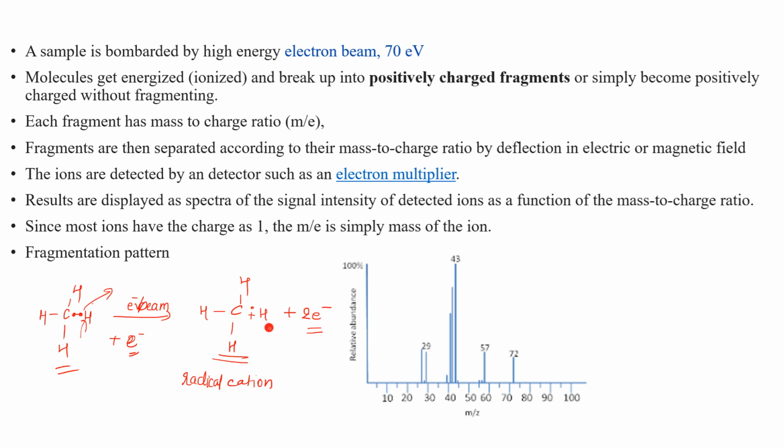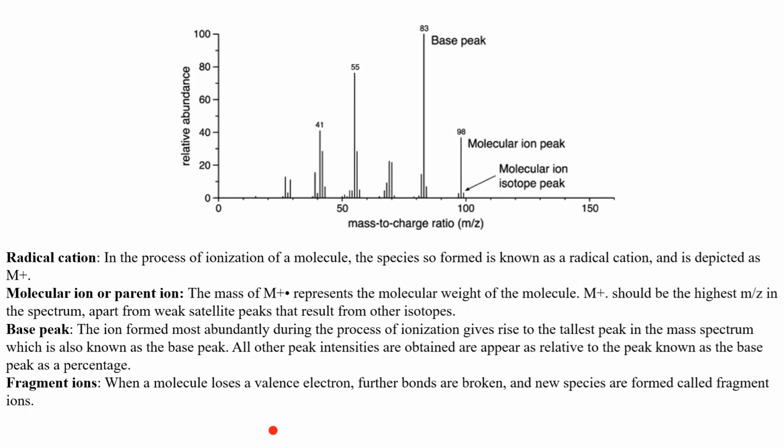If you calculate the mass, both are the same. So you will get the value of the fragment as per the molecular mass of this particular fragment. This is called m/z. So for this, the m/z value or m/e value will be 16, which indicates the molecular weight of that particular molecule. When you want to confirm a structure, just by looking at the highest m/z value, you know that that particular molecule is formed, because you know what molecular weight you are expecting. If you get that peak, that means you are successful in preparing that particular molecule.